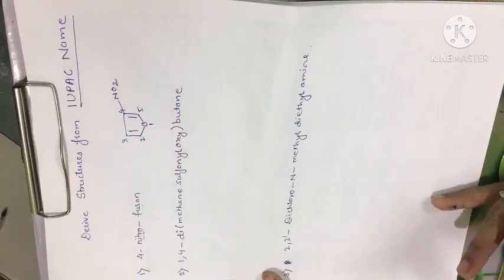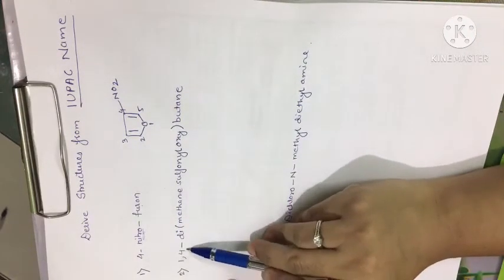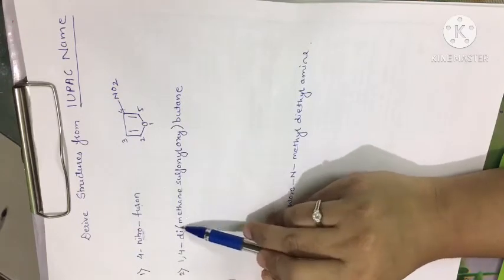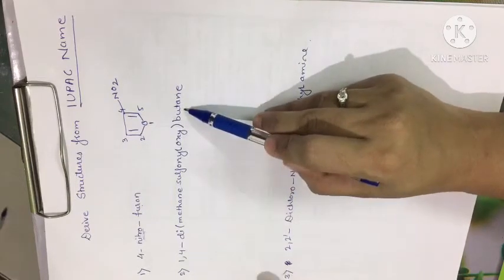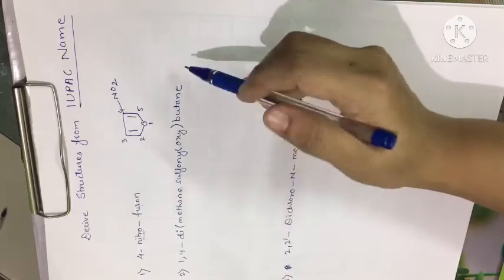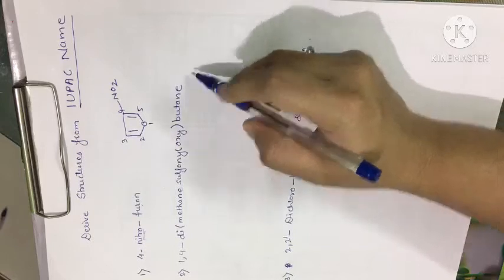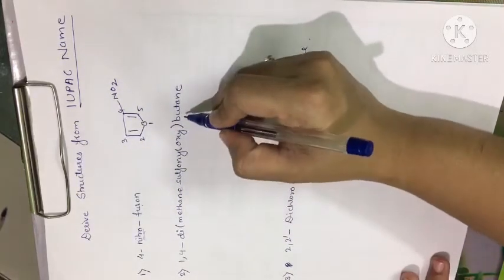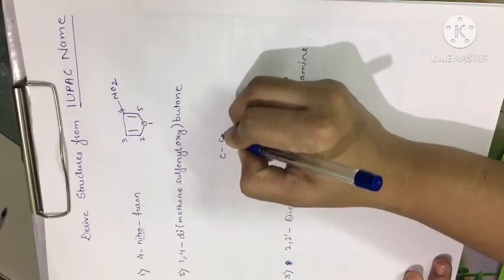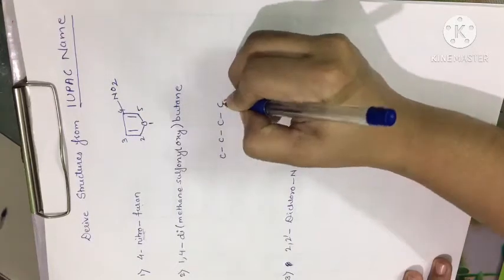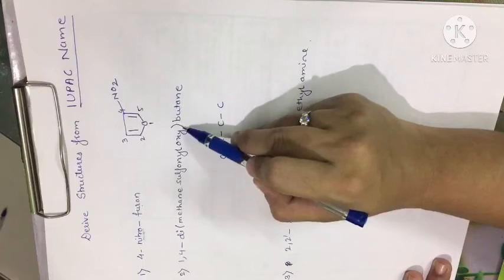Now let us move on to the next IUPAC name. Here we have 1,4-di(methanesulfonyloxy)butane. Whenever we are deriving a structure, we just see the end part of the IUPAC name. So here it is butane. So I'll write down the structure. But is 4, and since it is alkane, butane denotes alkane. So I will just draw a backbone of butane. So this is butane, and here a bracket is ending.